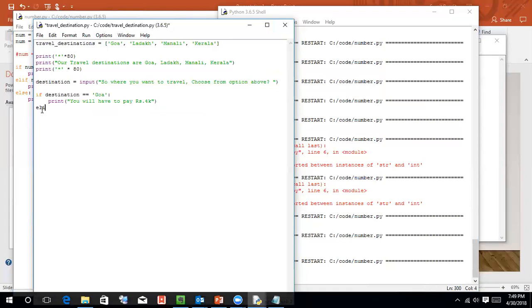No, we'll have to, else if destination equals to Ladakh, print